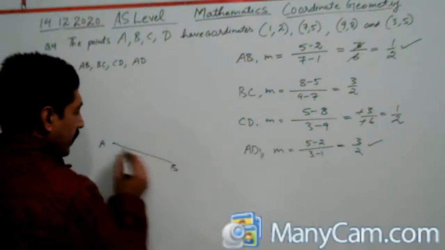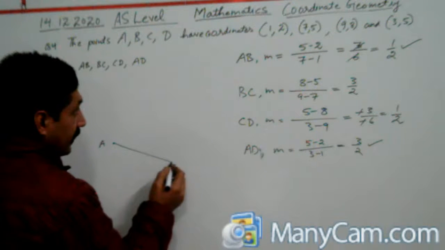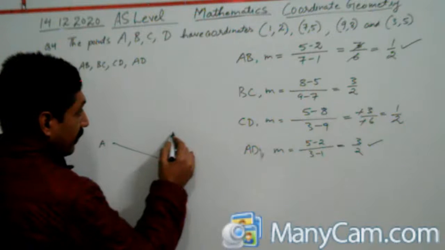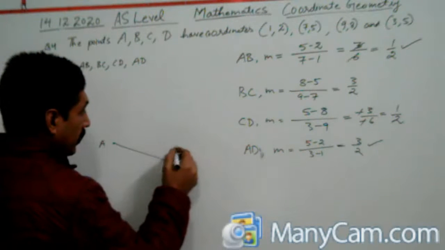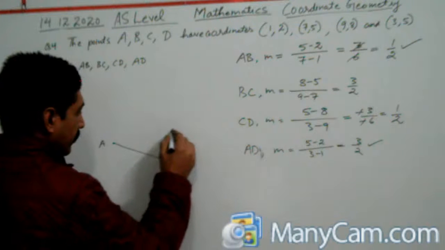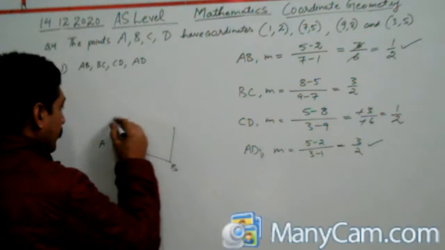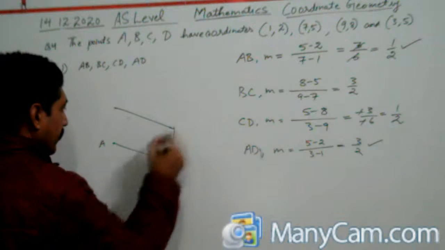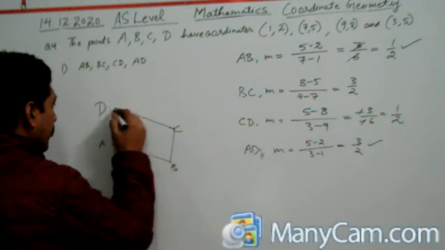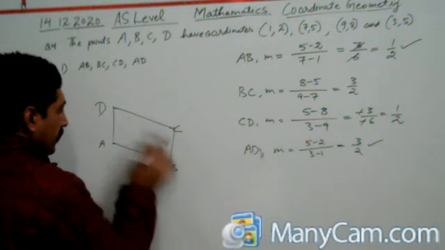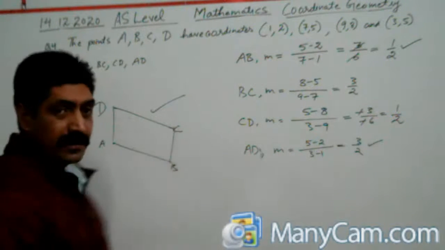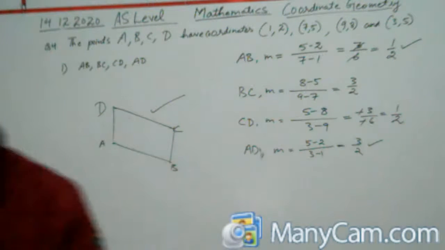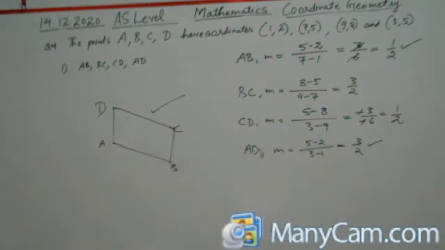ABCD. So here slope is half, right? ABCD, right? 3 by 2, right? So here ABCD in this way, ABCD here, this kind of quadrilateral is there. So here you can plot the points A, B, C, D, and the last they are saying draw a diagram